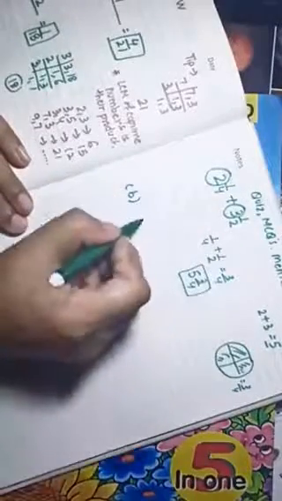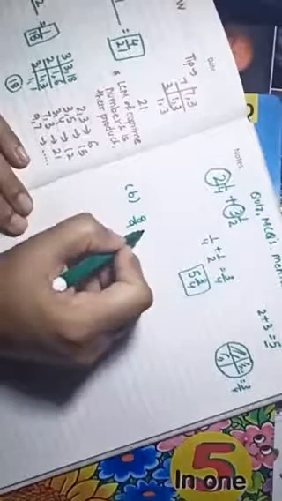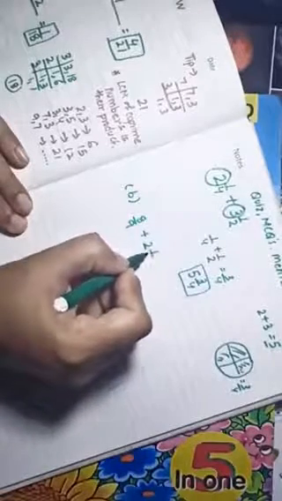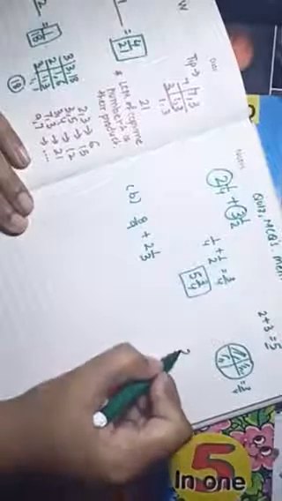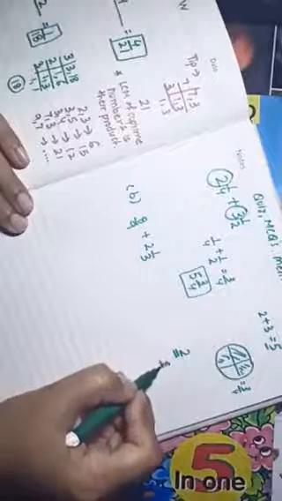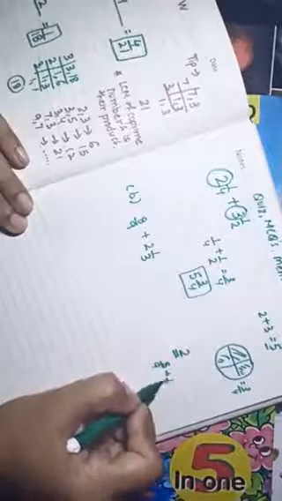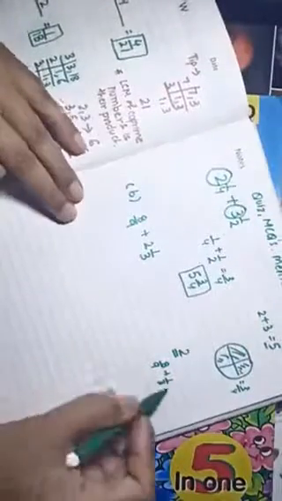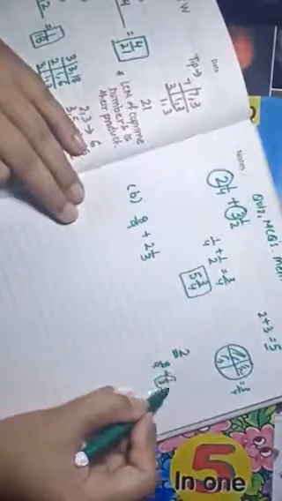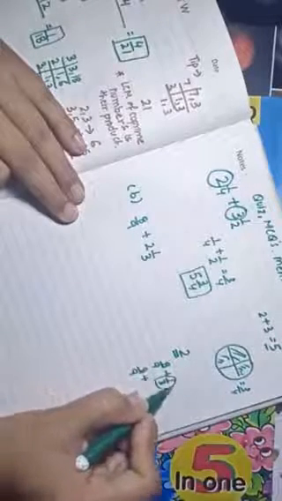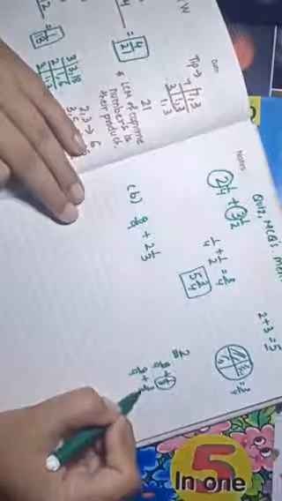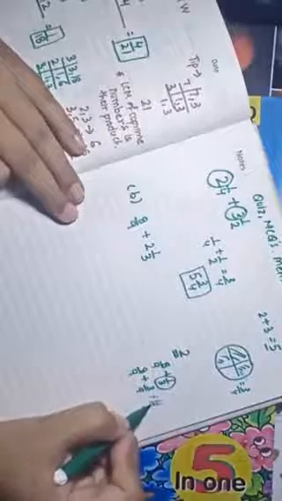B part, we have 8 by 9 plus 2 1 upon 3. Now if I see here, 2 is whole, right? And we are left with 8 by 9 plus 1 by 3, right? So very clearly, if I want to make this 9, what can I do? 8 by 9 plus, if you multiply by 3, 3 upon 9. So this is 11 upon 9.